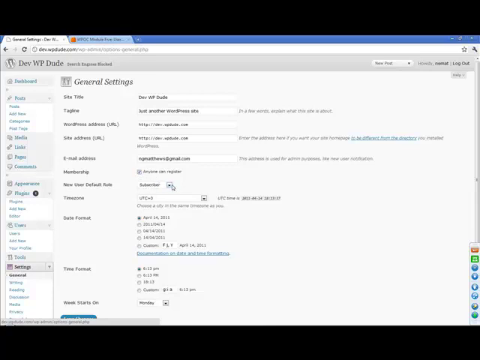Be very careful, I've done this in the past. I dropped that down and left that as administrator by accident. That means anyone could come to my site, register and become an administrator, and the hacking potential is unlimited then. So make sure it's a subscriber. If I save those changes